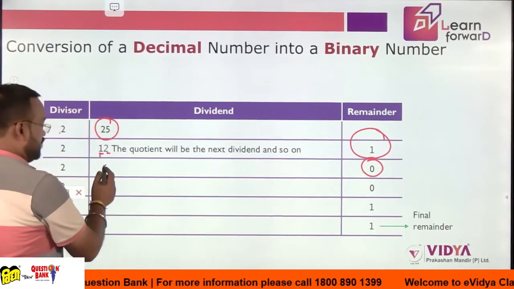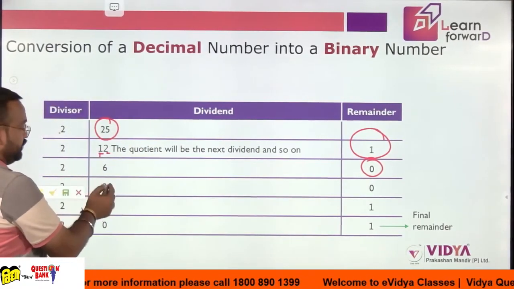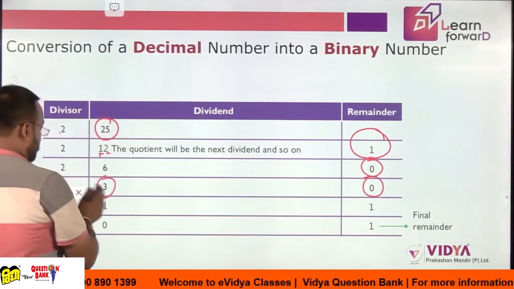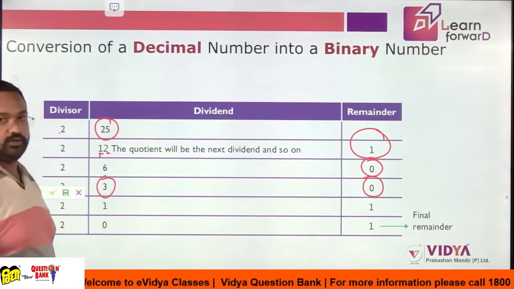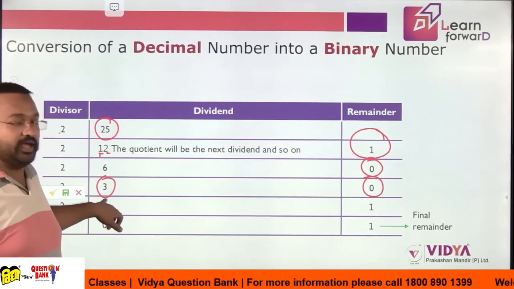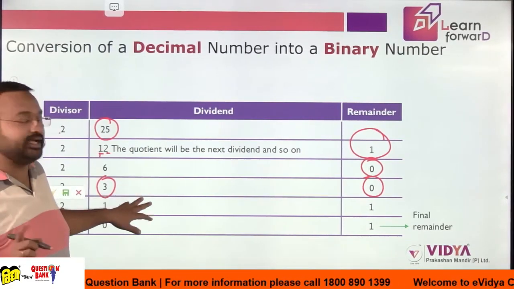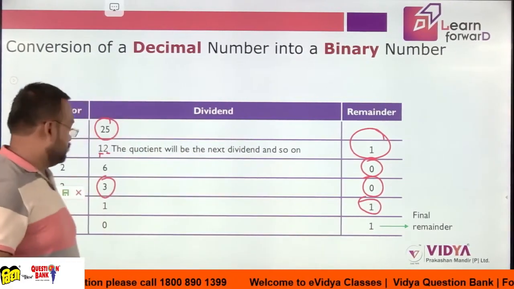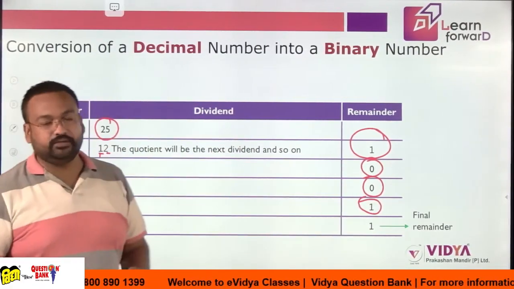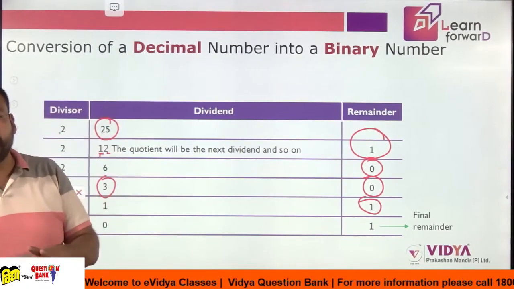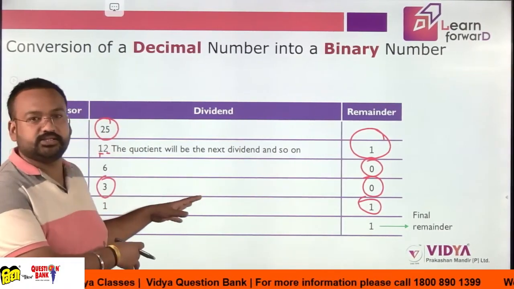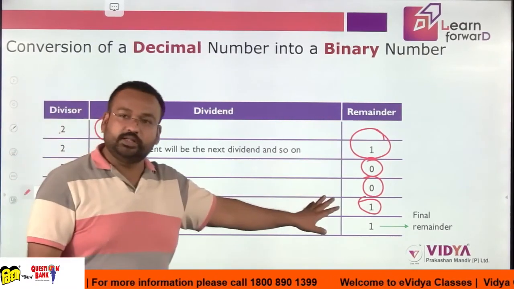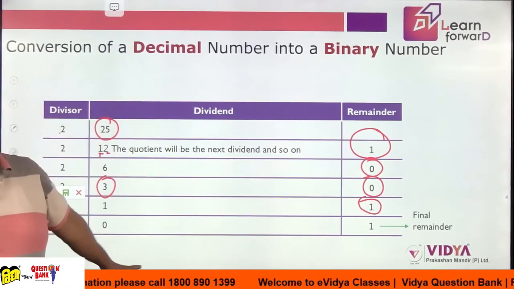We will divide now 6 by 2. We will get 3. Again the remainder is 0. Then we will divide 3 by 2. So here it will go 1 time, and the remainder would be 1. Now, can we divide 1 by 2? Mathematically we can, but in the logical system we can't. So in this case, the remainder would be 1 and your quotient becomes 0.